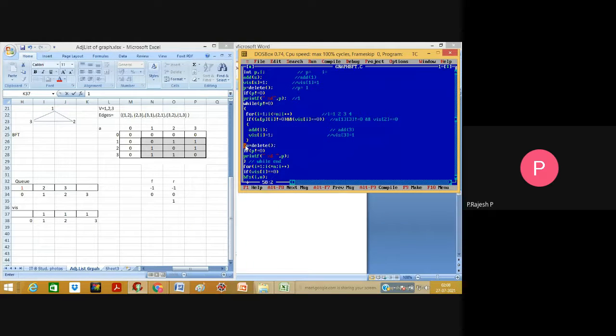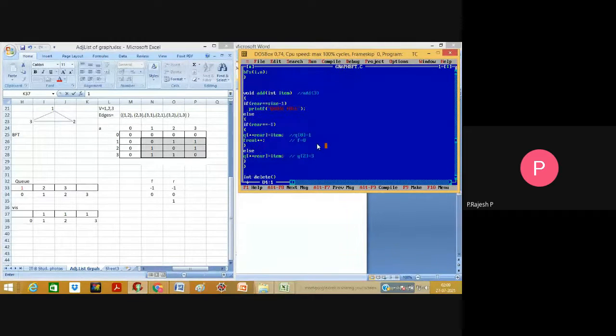And then again, P is equal to delete off. So what is the value that is going to be taken here right now? P is equal to delete, go to that function. Here it is the delete function, and check that front is nothing but 0. 0 is greater than 1, no, and front double equals to minus 1, no. The condition is false right now. Go to the else part.